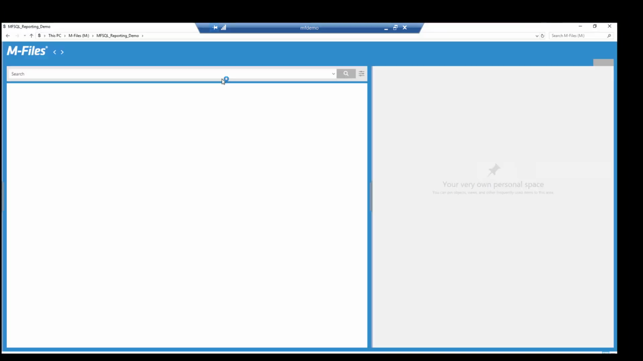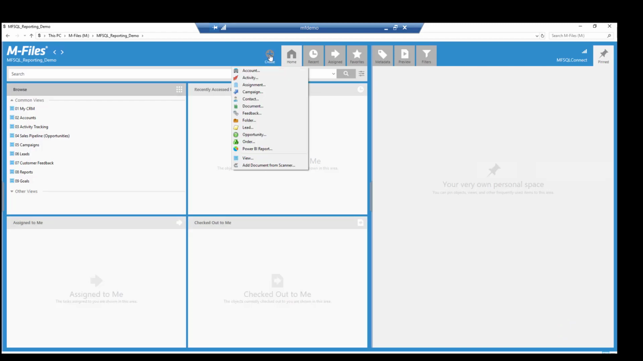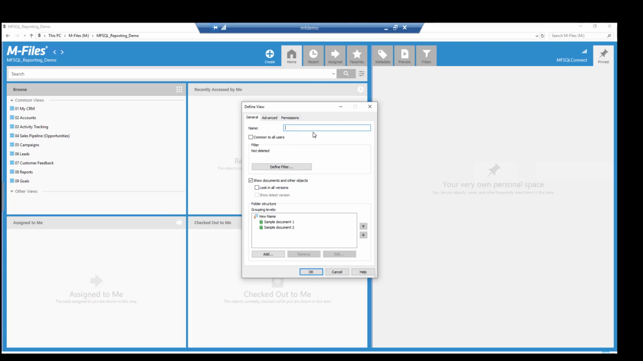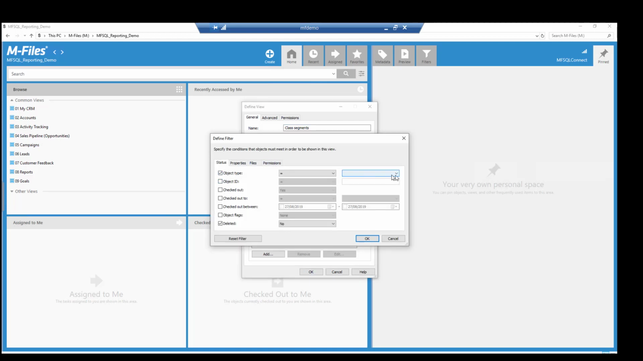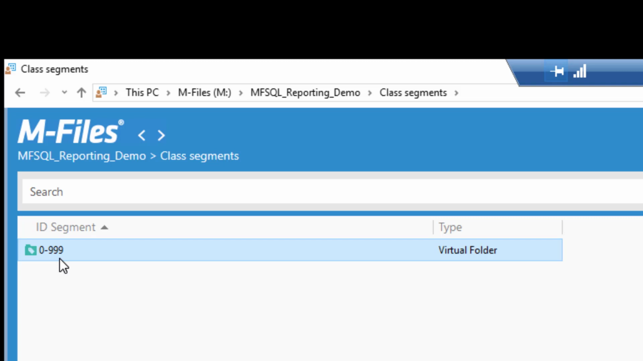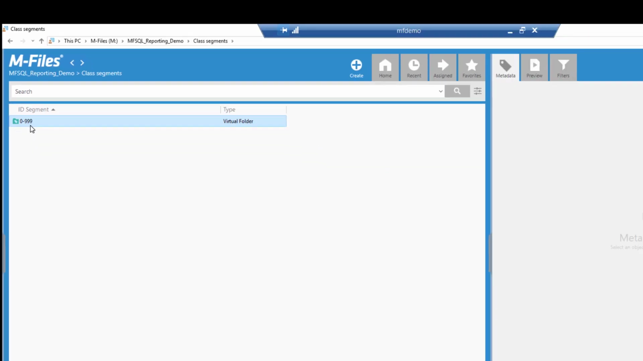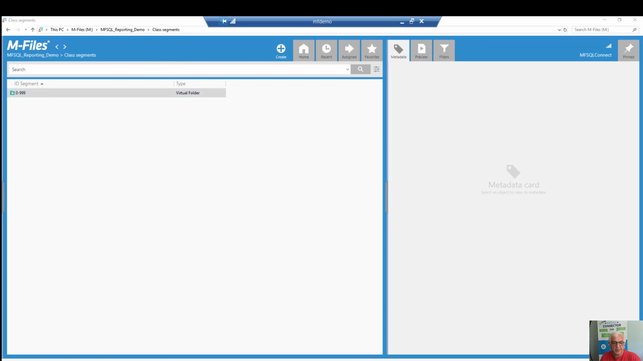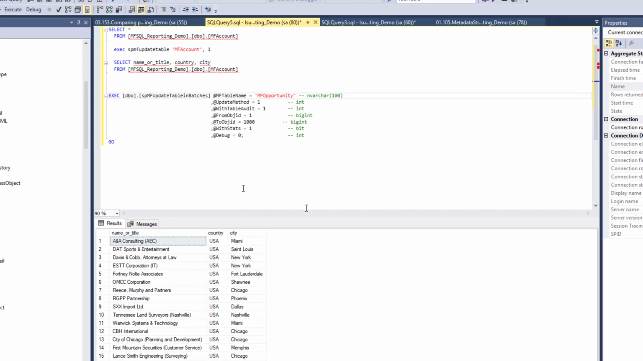and let's quickly set up a view. If I create a new view, and we'll just say class segments, and we say that we want to look at my opportunities, that will give us an indication that there is a maximum of 1,000 items in the opportunities. I can now go back and I know which is my maximum to use there. I can execute that instruction,